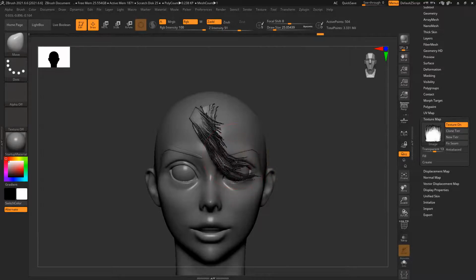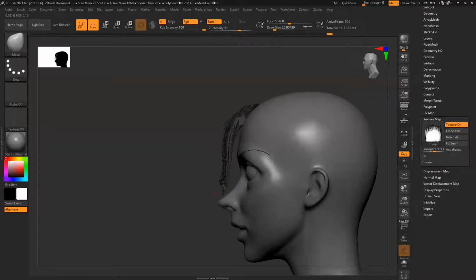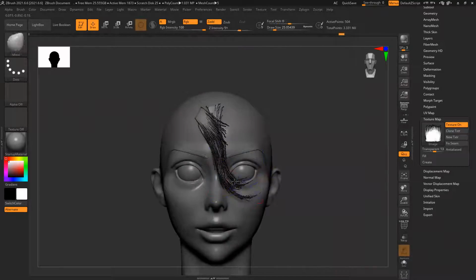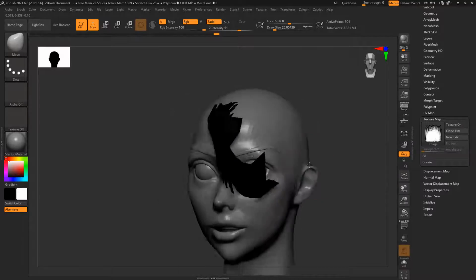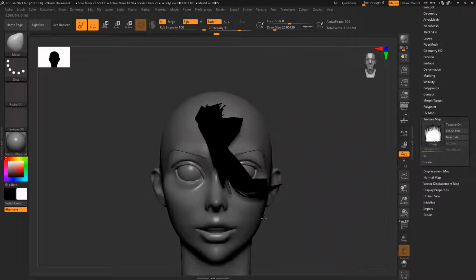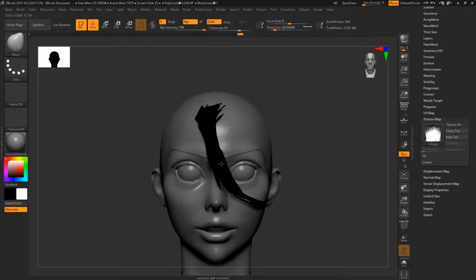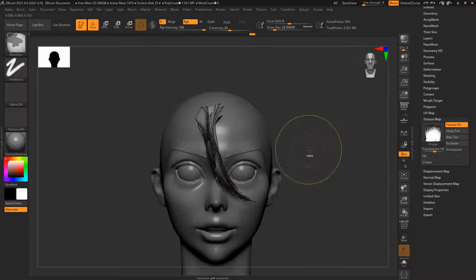This eye is not hidden. The eye is visible clearly. Much better. Control Shift, click outside.